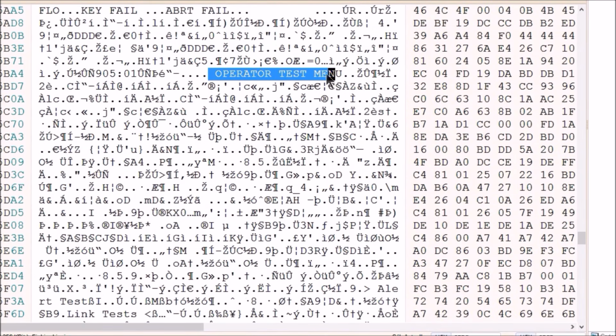There is the first menu here, which is the operator test menu.